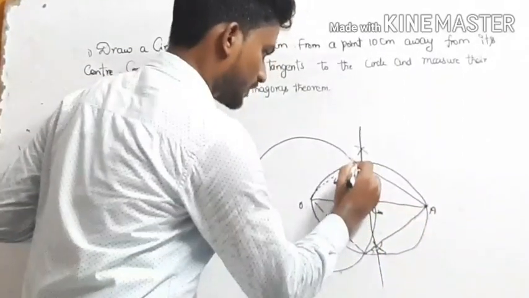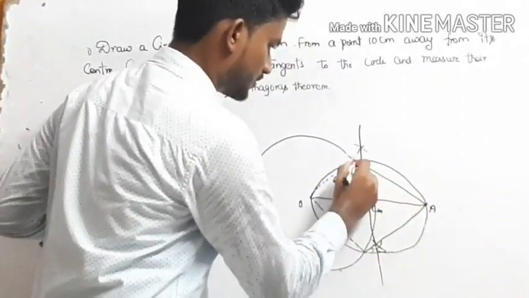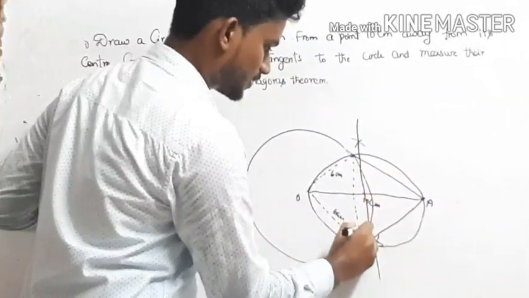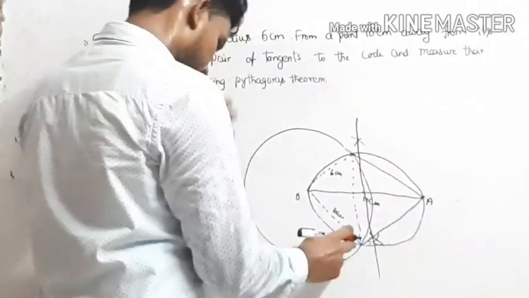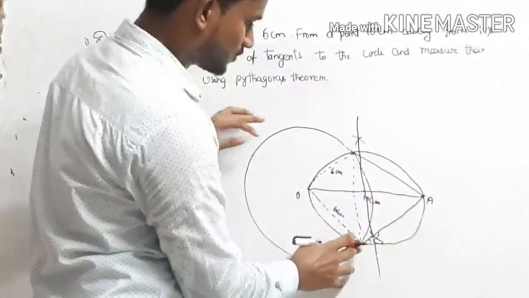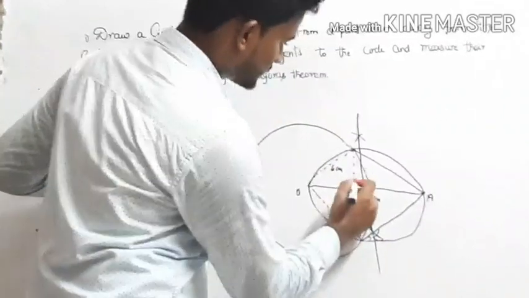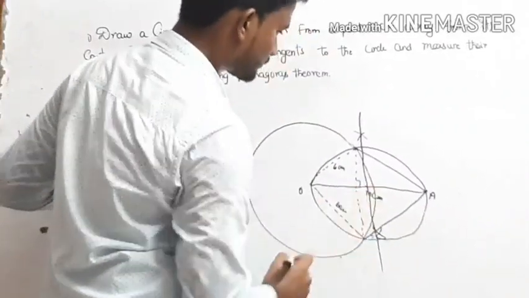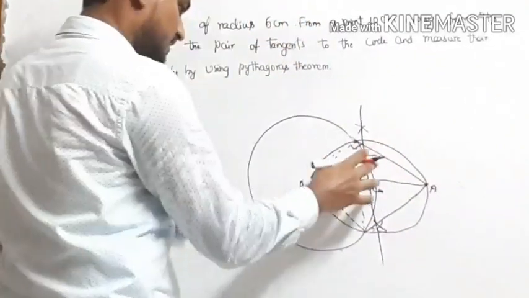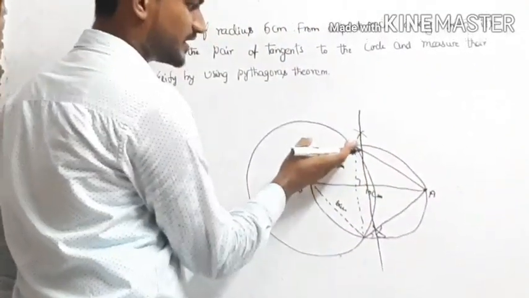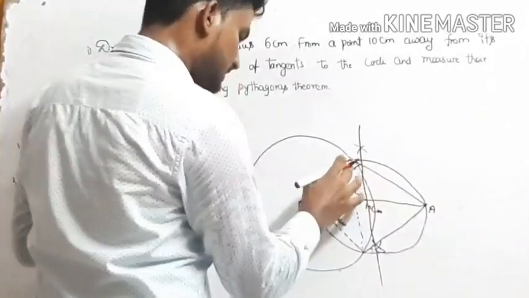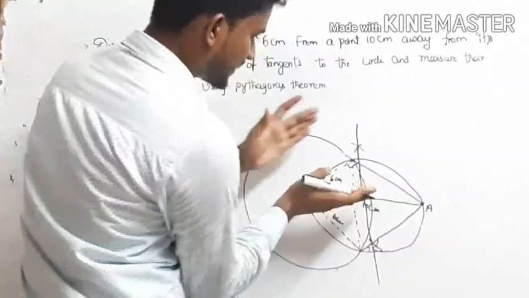So if we draw the line segment like this, which intersects the point of the circles, both two circles are intersected. This will make 90 degrees, and this is also 90 degrees. You know that the tangent makes the radius 90 degrees. We also discussed this in the previous problem. It is 90 degrees, and it is a right angle triangle.